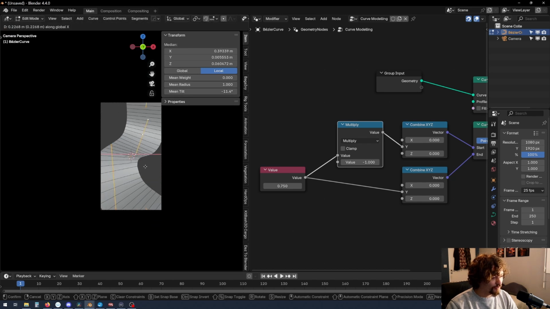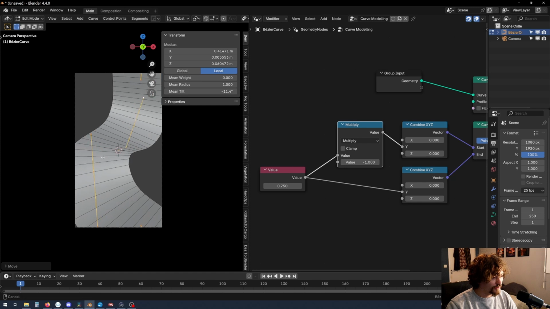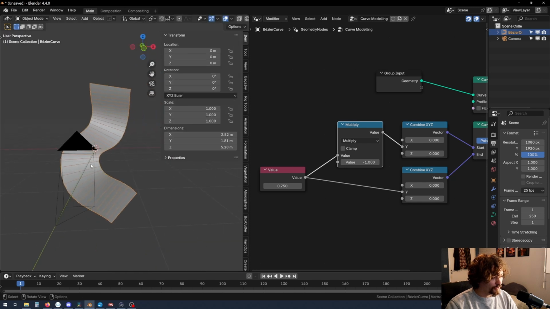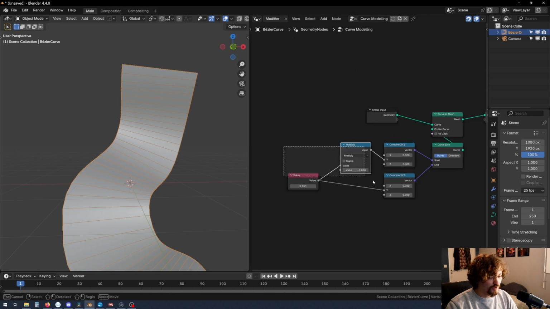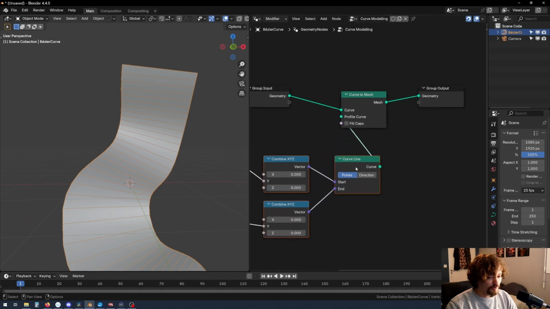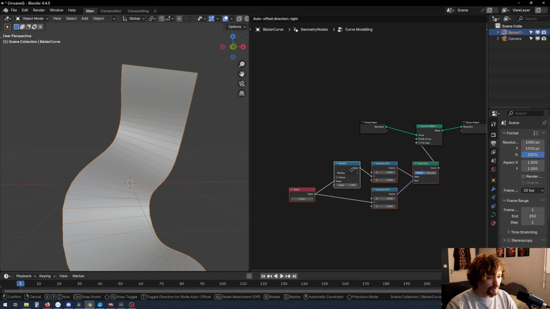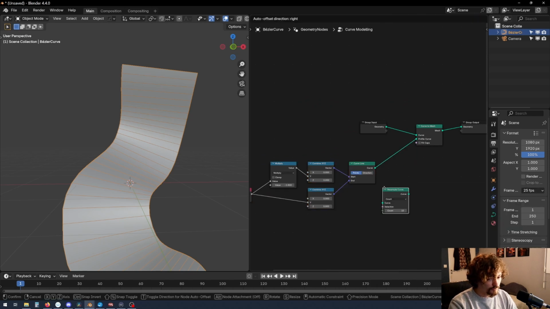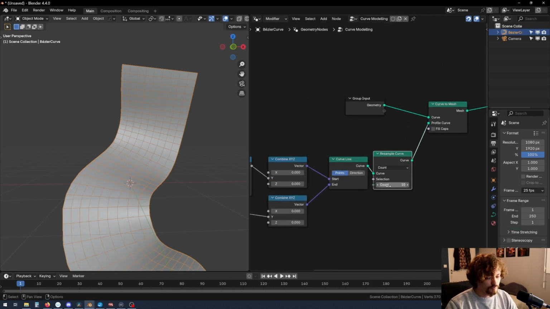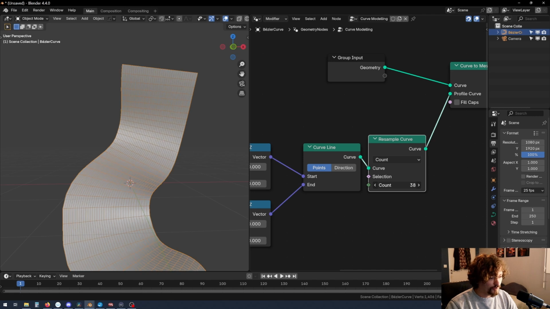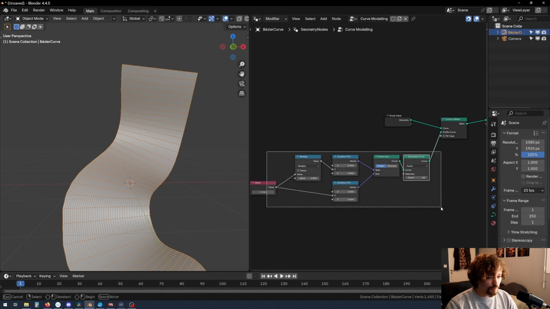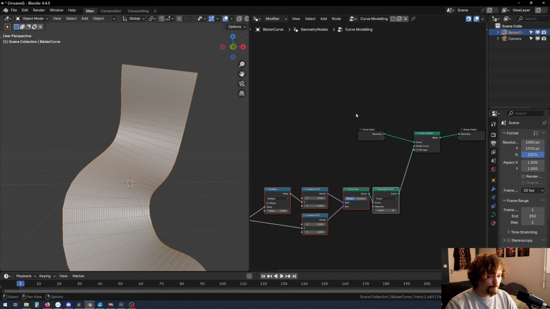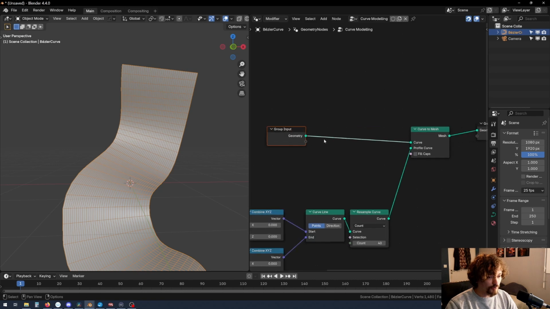So once I have something that I like, I can jump out of edit mode. And now we see we only have rectangles. So that's because this curve line is only made of 2 points. So we can resample it and increase the amount. And because we are going to use cloth simulations later, I'm going to choose something that's pretty high poly. And I can also resample the original curve